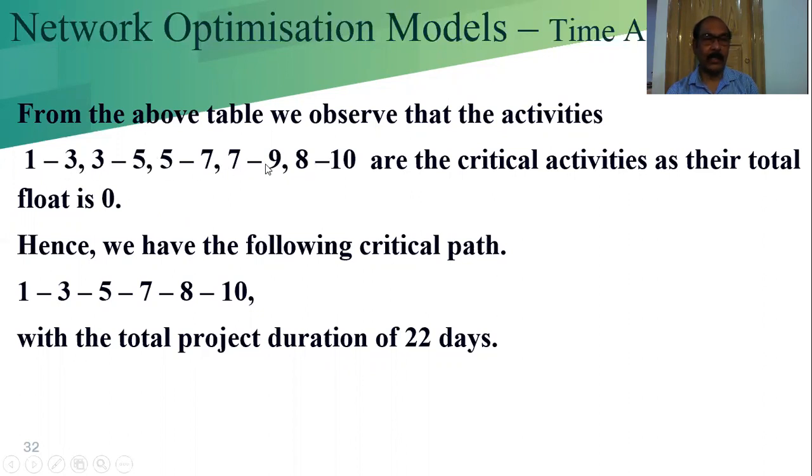So in this critical path, we cannot delay. That is the very vital thing. In the critical path, in completion of the project, we cannot delay. This is the critical path, and the project duration is 22 days. This is the end of this topic of the critical path method. Next, we will learn about the project evaluation and review technique in the next class.